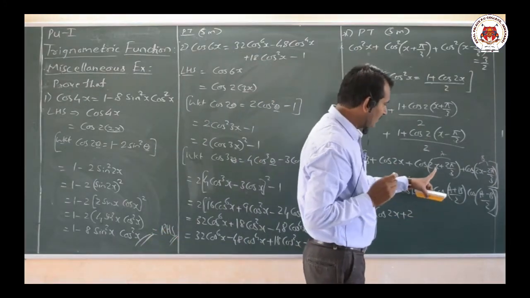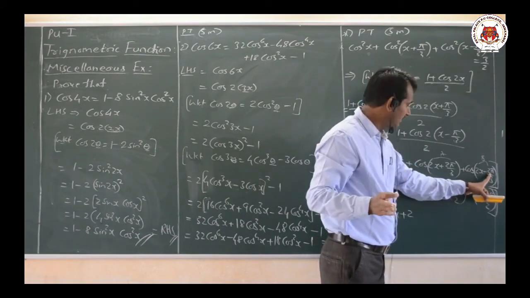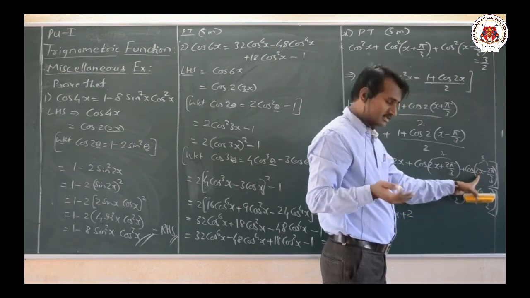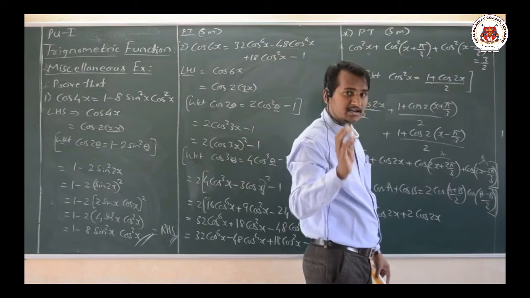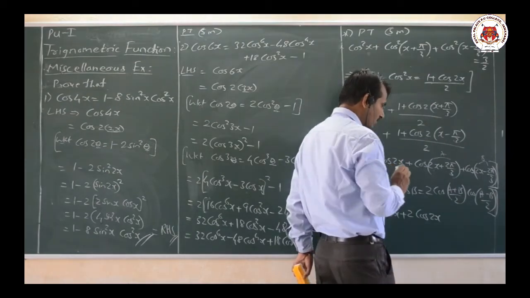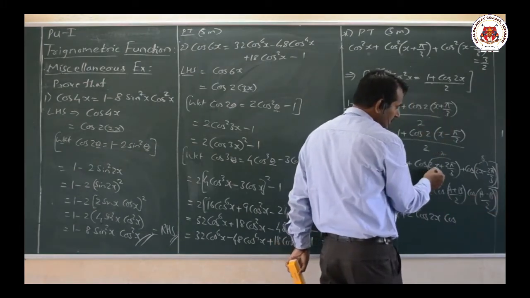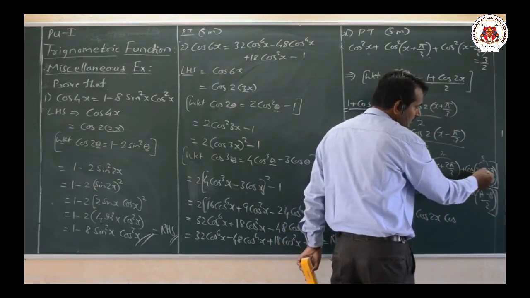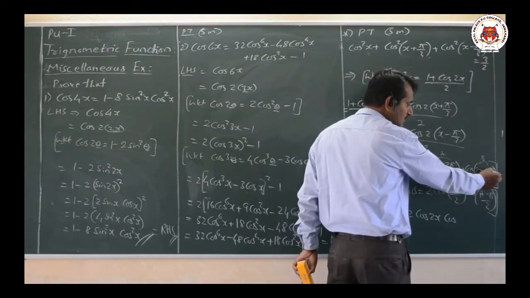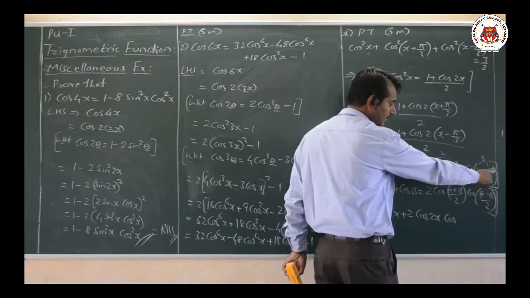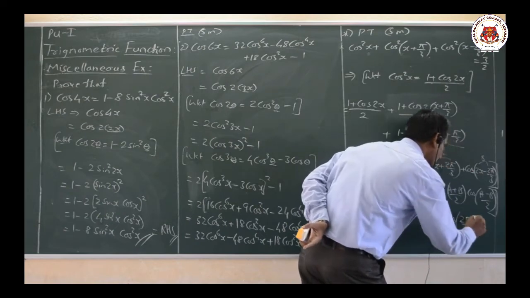Looking at A plus B, plus 2 pi by 3 and minus 2 pi by 3 get eliminated, 2x plus 2x is 4x, divided by 2, we get cos 2x. I am writing directly, please pay attention here. And also cos of (A minus B). A minus B means 2x plus 2 pi by 3 minus (2x minus 2 pi by 3), that means 2x gets eliminated, 2 pi by 3 plus 2 pi by 3 is 4 pi by 3, divided by 2, which gives 2 pi by 3 only.